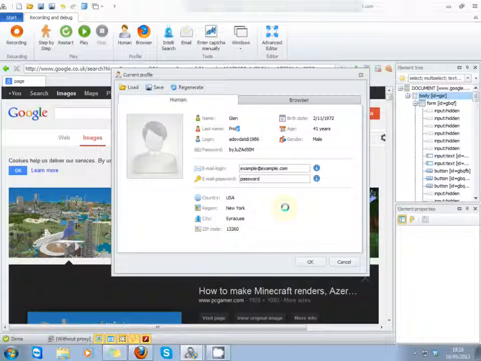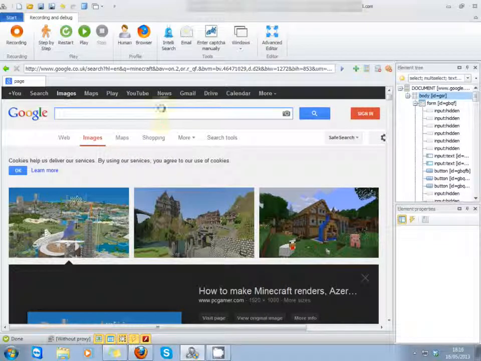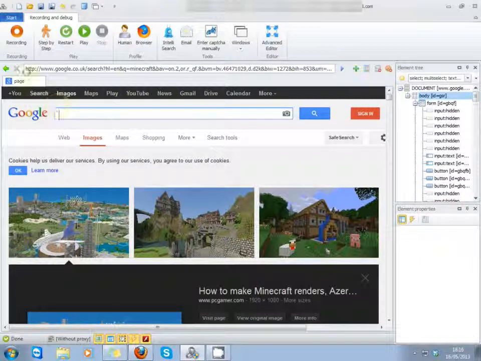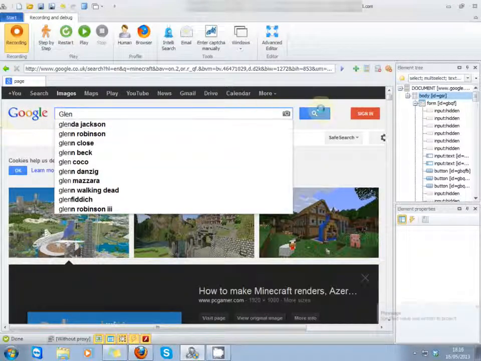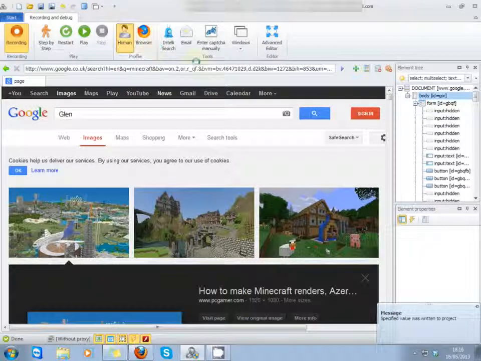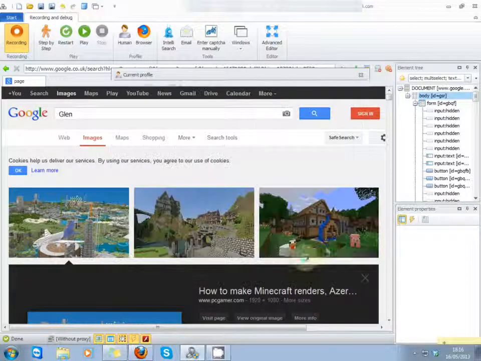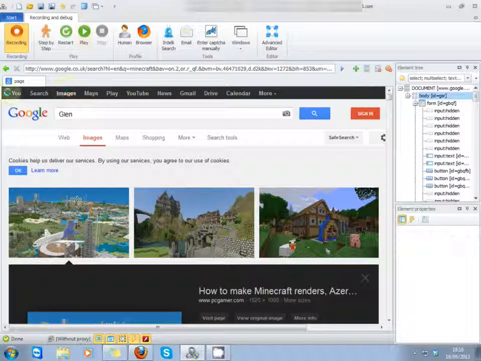Human basically calls for all the details from the internal database. So if you say to it, right, use name Glenn, right click, set value from profile, name, and it now types out whatever the name was. Again, same for password, login and all that. That there, basically I'll leave that as default, but you'll understand why later on it's there. Okay,